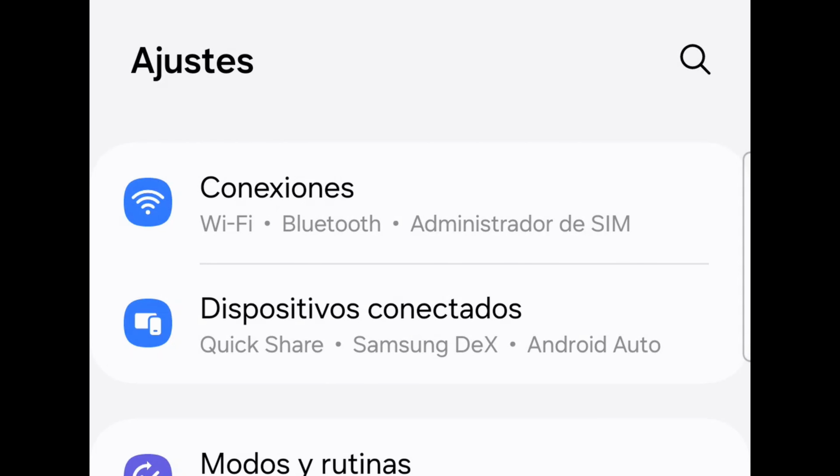And right under it, it says Wi-Fi, Bluetooth, administrador de SIM. Those words are just like English. Wi-Fi, Bluetooth, you already know what it means. SIM, you know what a SIM card is. Administrador de SIM. The pronunciation is a little different. And if you've been going over that Spanish alphabet video that I made for you, you'll understand why these Spanish words are pronounced the way they are.